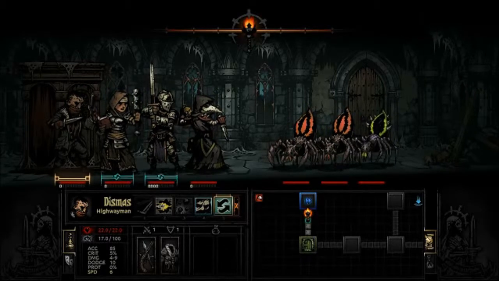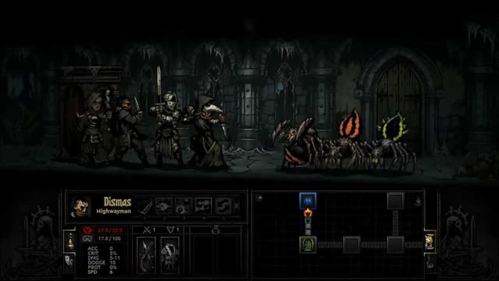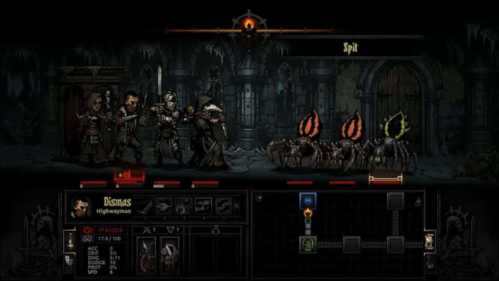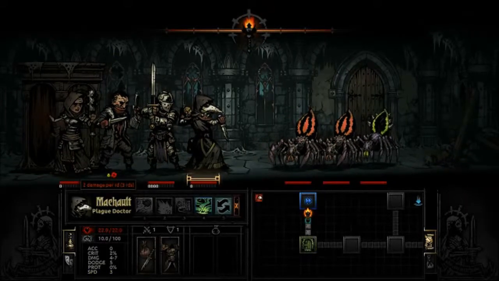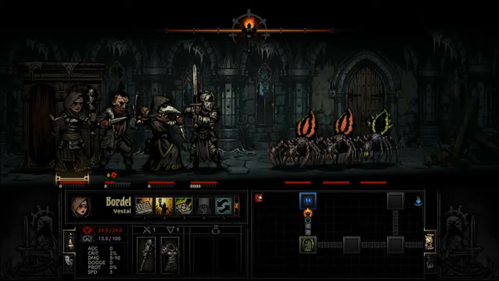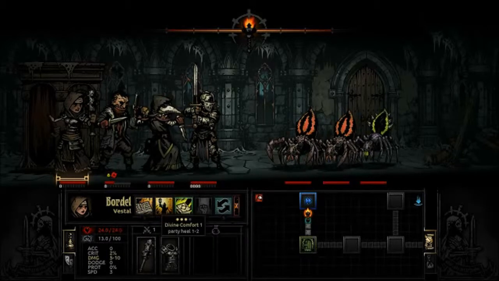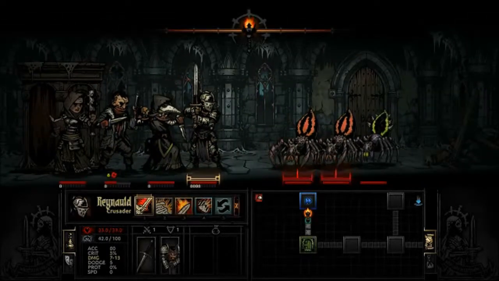This is not great. We want Vestal in the back, so we're going to switch her out now. Right, he got marked, but he resisted the bleed, which is good. Right, that's not good, because now he has a double blight on him. We'll switch out the plague doctor. Do you know what? I think we're going to have to do a party heal here. Just for that highwayman, but...